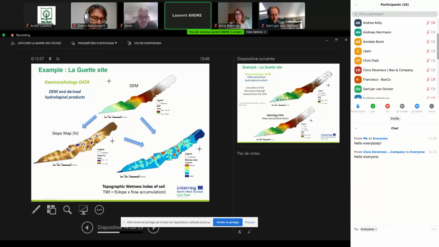From this data, we can also deduce the topographic wetness index of the soil. So this is also quite important because we see that the CO2 emissions are related to this wetness. So of course, it is some information that we will include then in the calculation of the fluxes at the scale